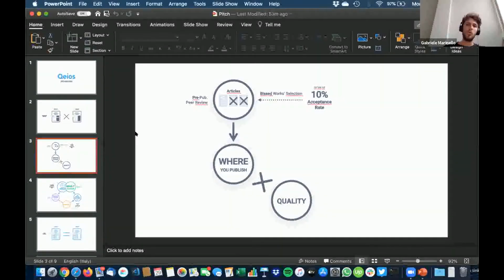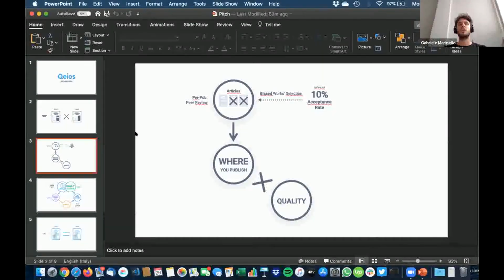Research composed in the way I told you, so basically made of different building blocks, different ingredients, we can consider as flawed from the very beginning, right? Because the set of ingredients was not the best possible on the market, and this research is now submitted to academic journals.